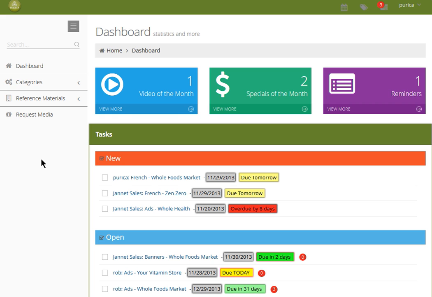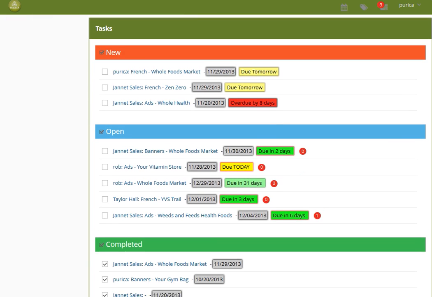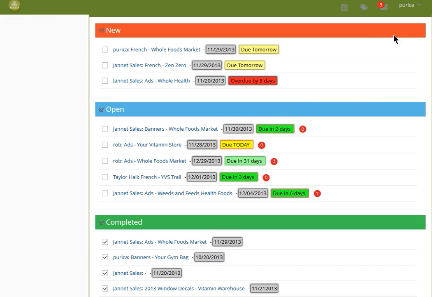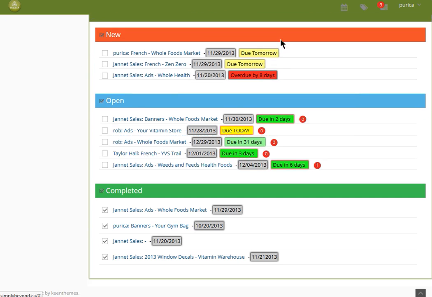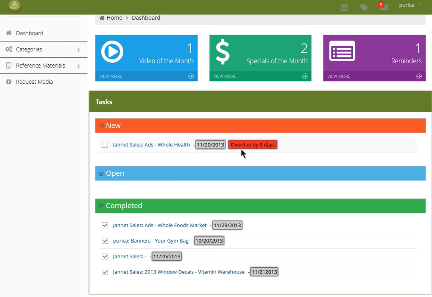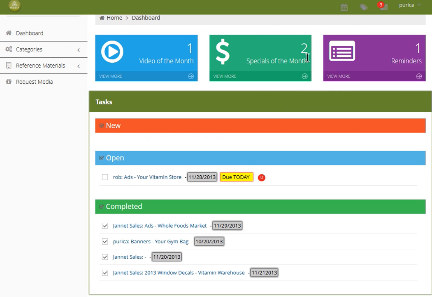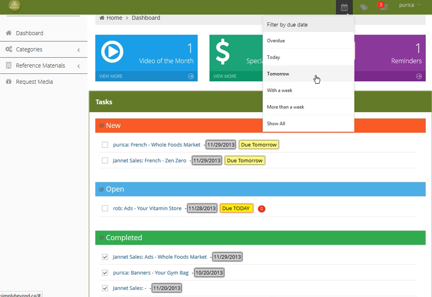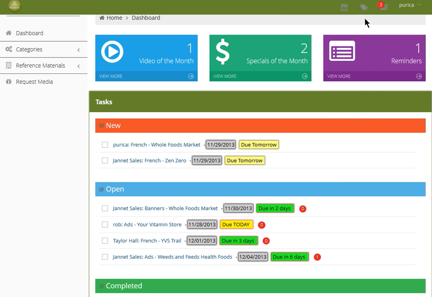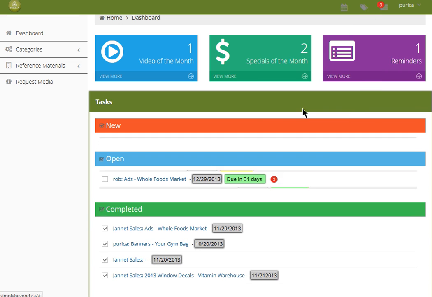So when I'm back on this main page, I can filter in a couple different ways. One, I can filter it by due date. So if I want to see just things that are overdue, this shows me an overdue task. The date range does not work for completed tasks. This just is for new and open ones. If I want to see things just due today, or things due by tomorrow, or within a week, or if I just want to see things way in the future,